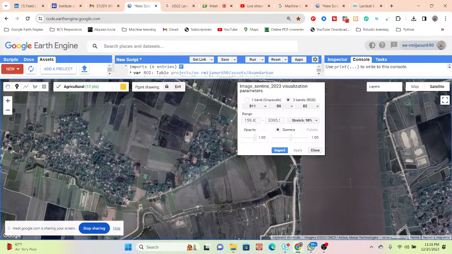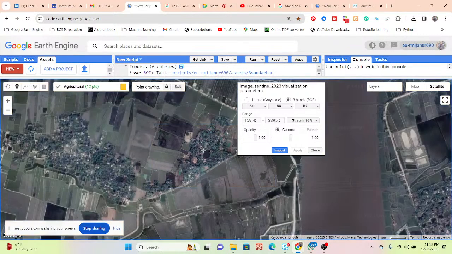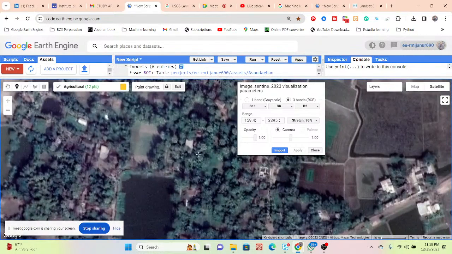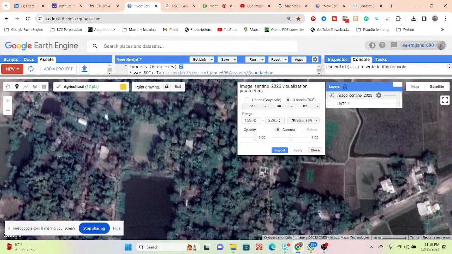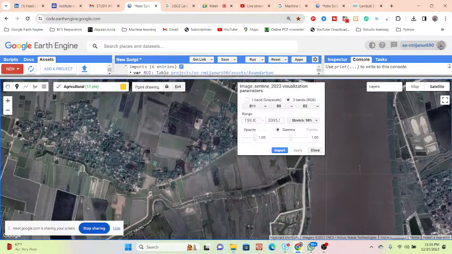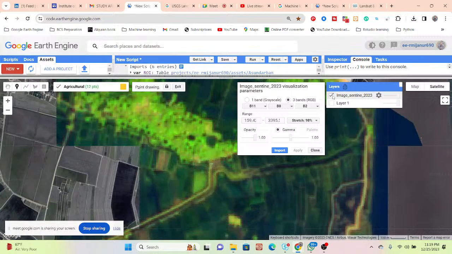And also you can zoom in on your satellite base map and check whether it is agriculture or not. In this time you can see this type of agricultural land, but this vegetation mainly shows trees, not agricultural land. Suppose you simply open this image map from here. In this time we also get some green pixels, but it's not agricultural land. But this type of thing is the agricultural land from here.